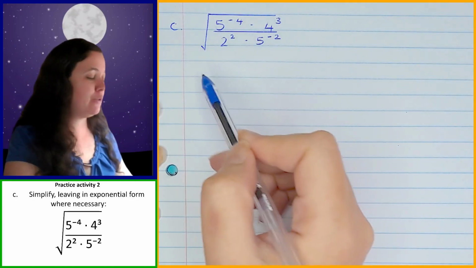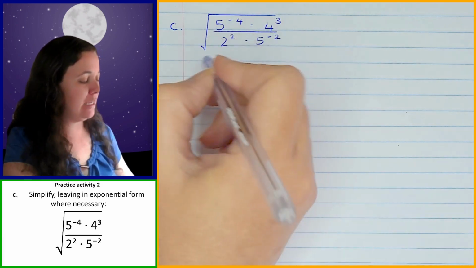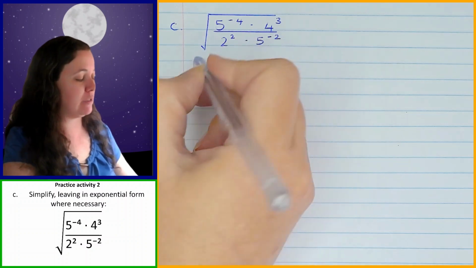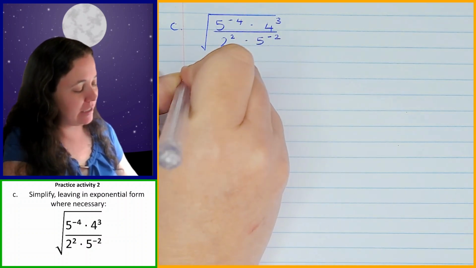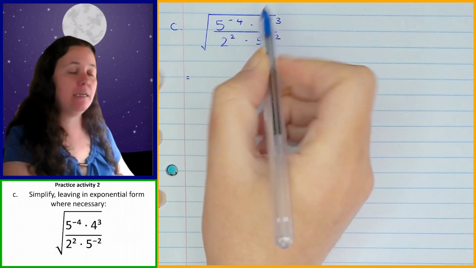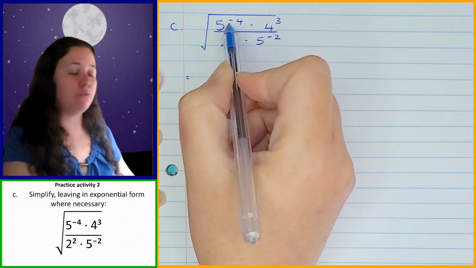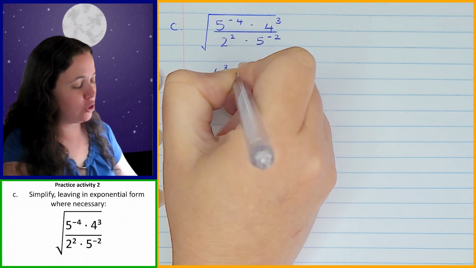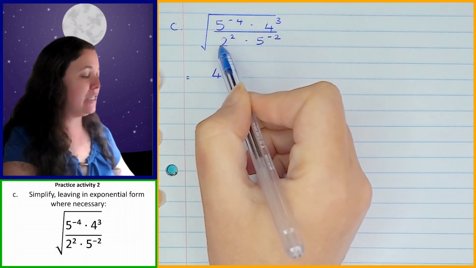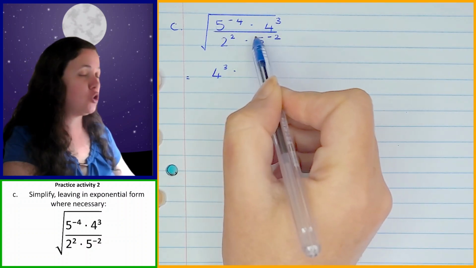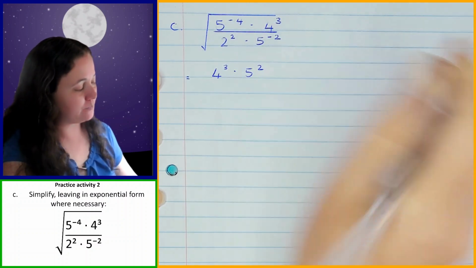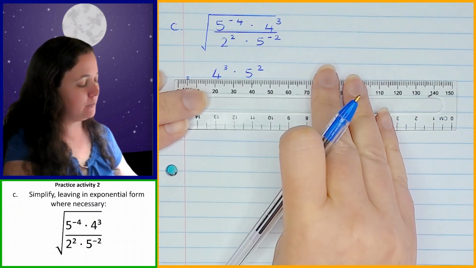So just like in the previous ones, the first thing I'm going to do for this one is get rid of the negative exponents by moving the powers that have negative exponents. Okay, so in the numerator, the 5 to the power of negative 4 needs to move. The 4 cubed is going to stay where it is because it already has a positive exponent. So it's 4 cubed times, and then in the denominator, I've got 5 to the power of negative 2 that's going to have to come up and join it. So that becomes 5 to the power of positive 2. That is over